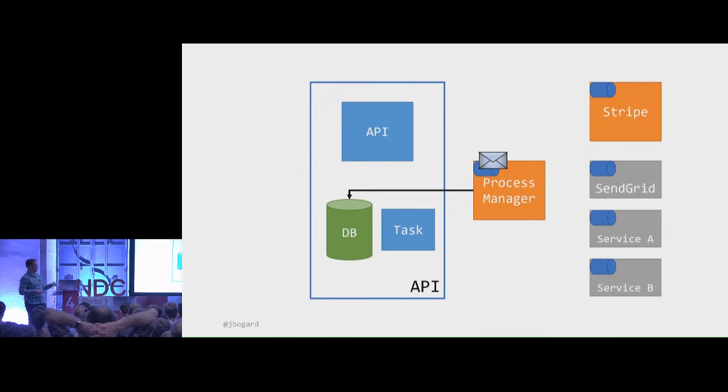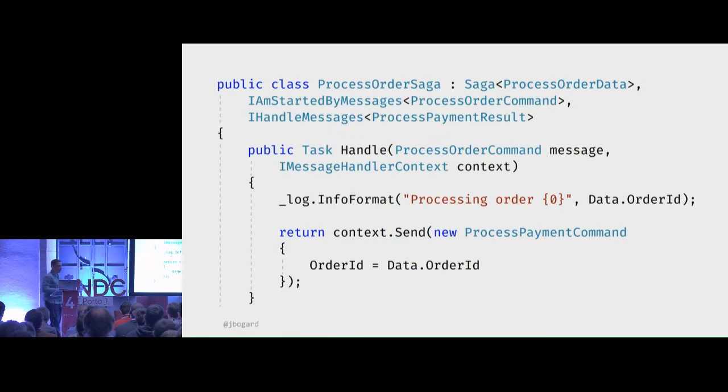So the next part is receiving that message and then coordinating with Stripe to actually perform that first step in the process. In this case, I'm using a library called NServiceBus to make this part easier. I don't want to code process managers by hand myself. NServiceBus removes a lot of that plumbing junk to make my life a bit easier. So it looks something like this, where I have this process order saga, which is a process manager implementation. It receives the process order command that came from the front end. It's going to do some logging, and then all it's going to do is send a message to the Stripe payment processor